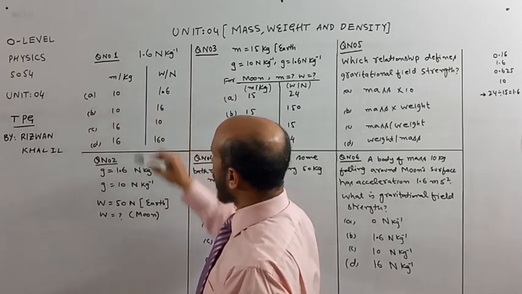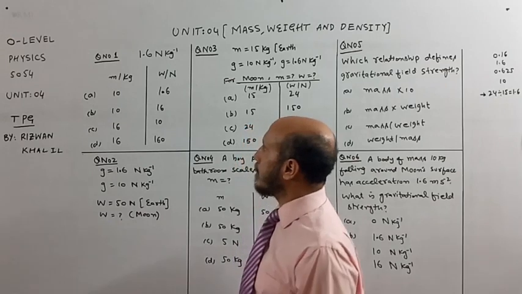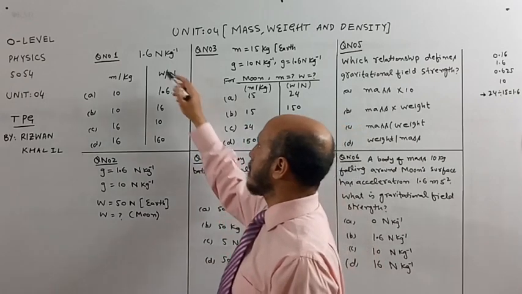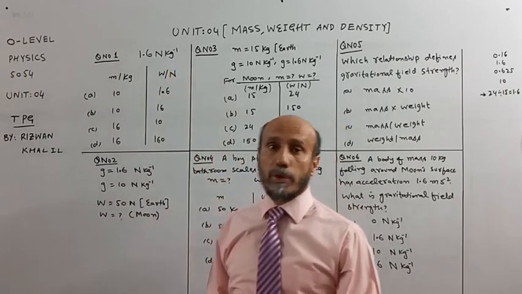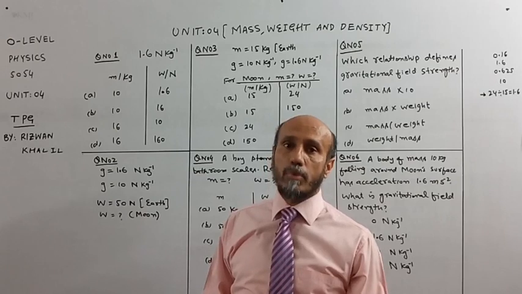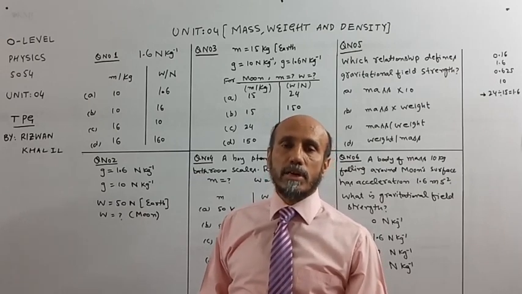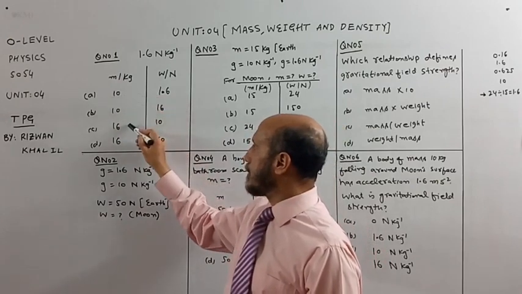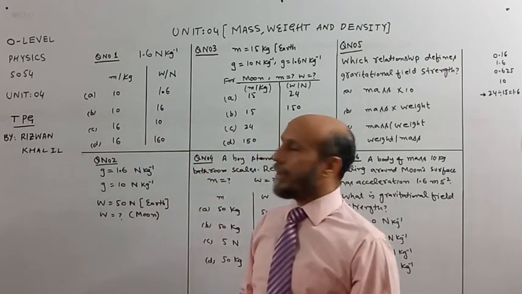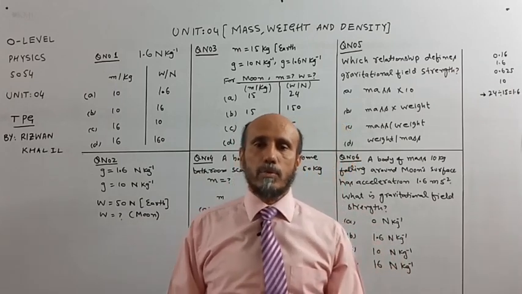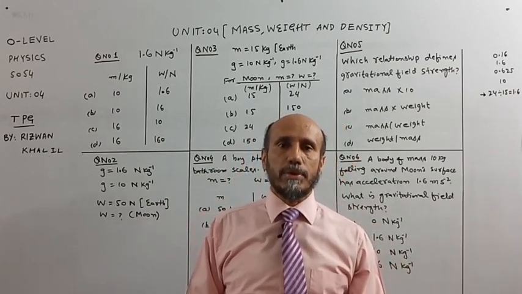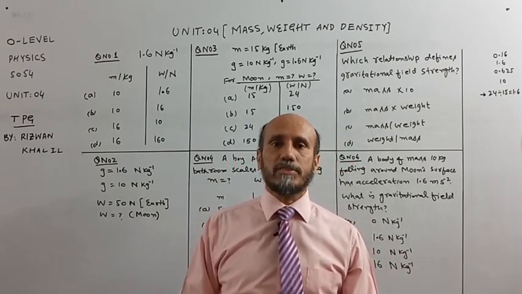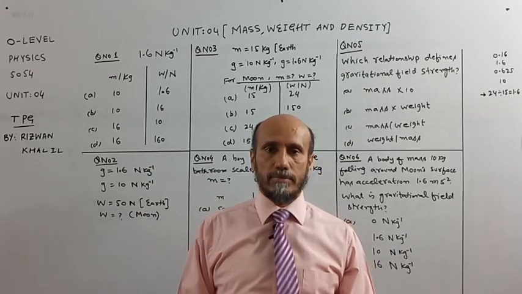4 options are given. Now it is asked that for the body which was placed on the surface of the Moon, where the gravitational field strength was 1.6 Newton per kg, which option is the correct option? That is option A, B, C or D. Now in order to calculate the correct answer, we have to perform the calculation for each and every row. Value of mass for each row is given as well as value of weight for each row is given.